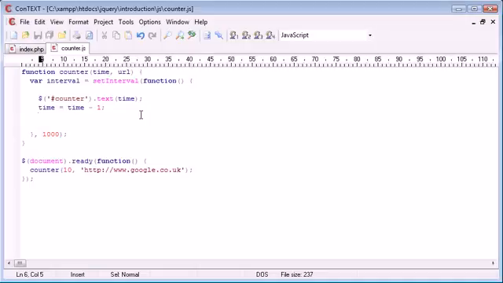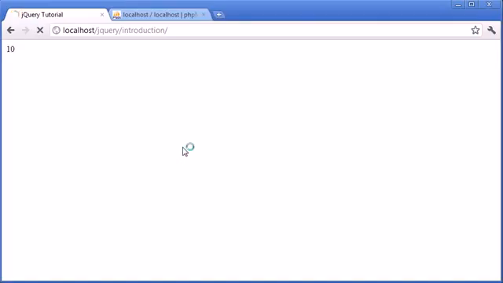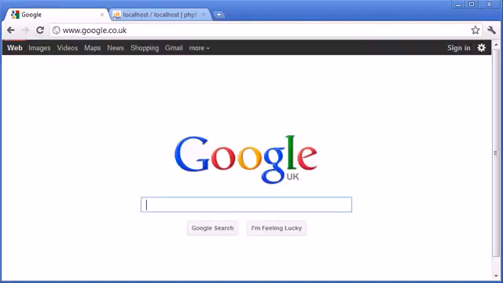So we can do a demonstration of this. If we were just to set the window location equals URL, again we're picking up this variable from here and placing it here. So after 10 seconds we're redirecting to this URL here. So let's check this out and you'll see what I mean. Okay, so